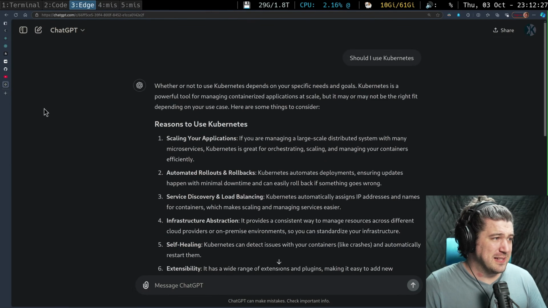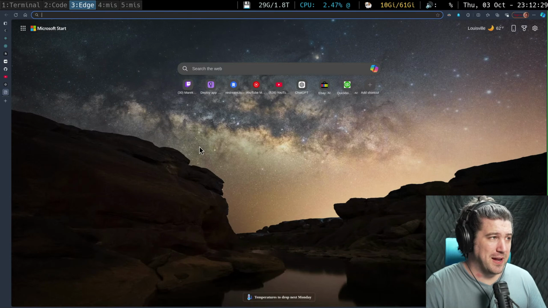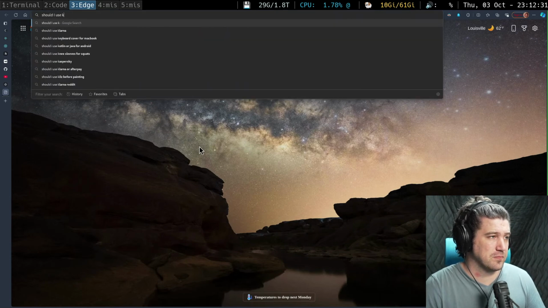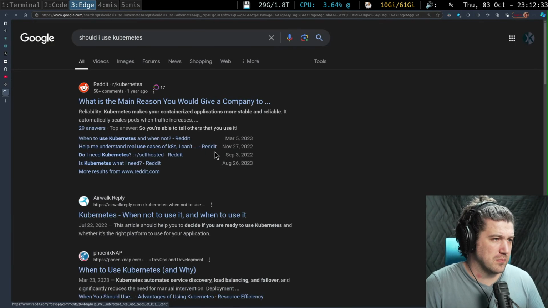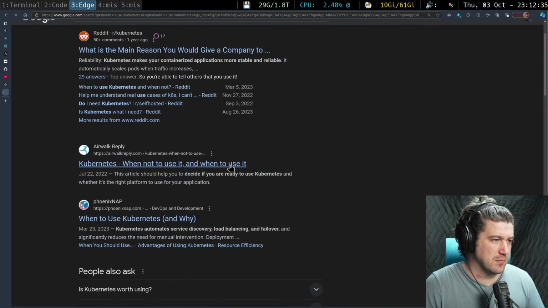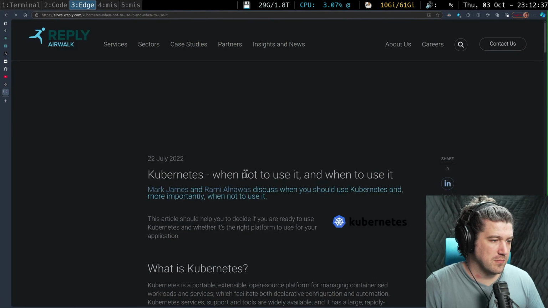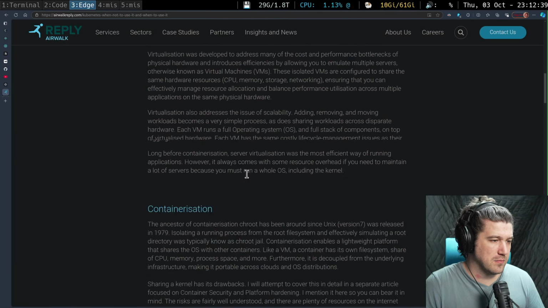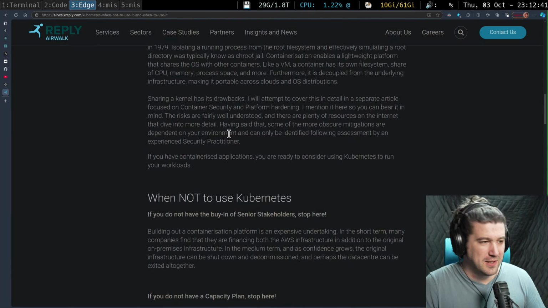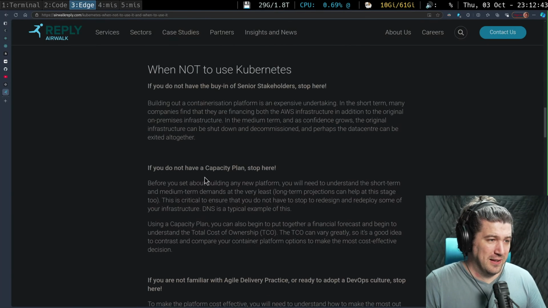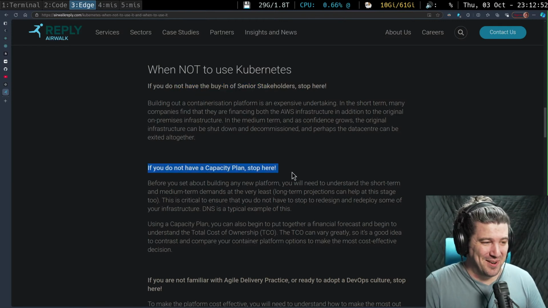This is like Googled, should I use Kubernetes? Containerization. I've not actually seen this one. That's dog water too.